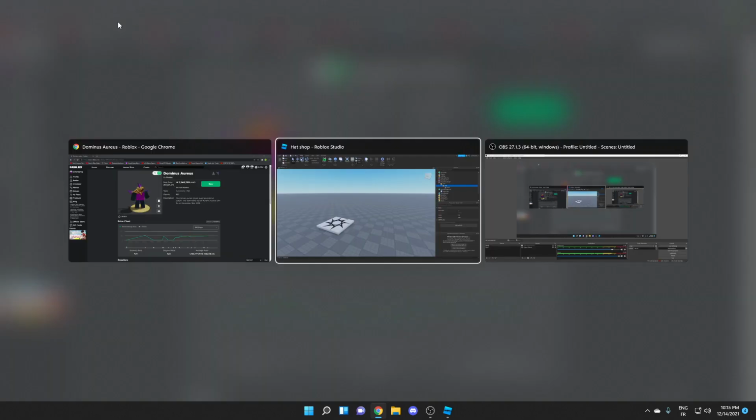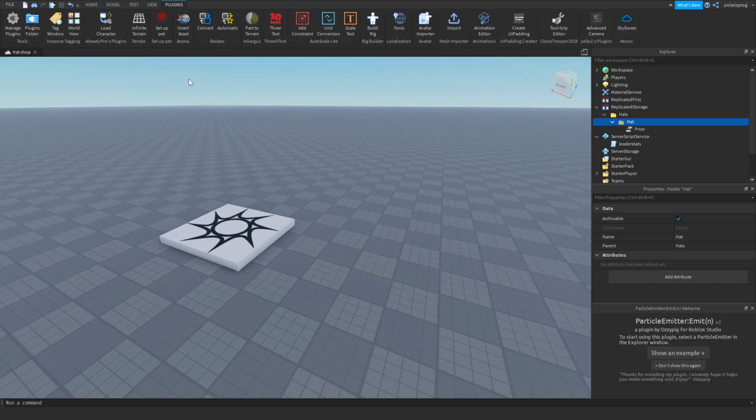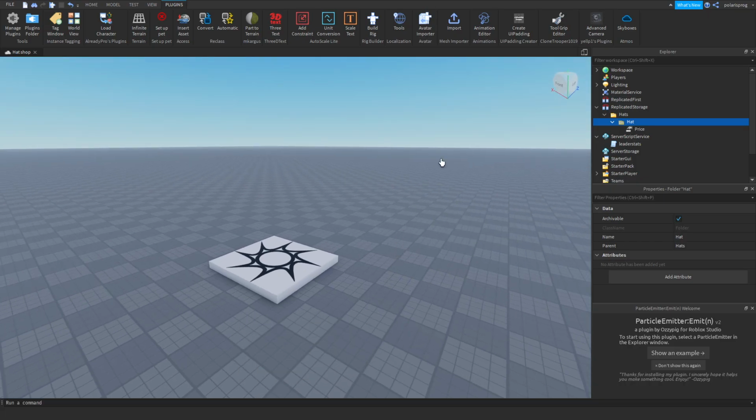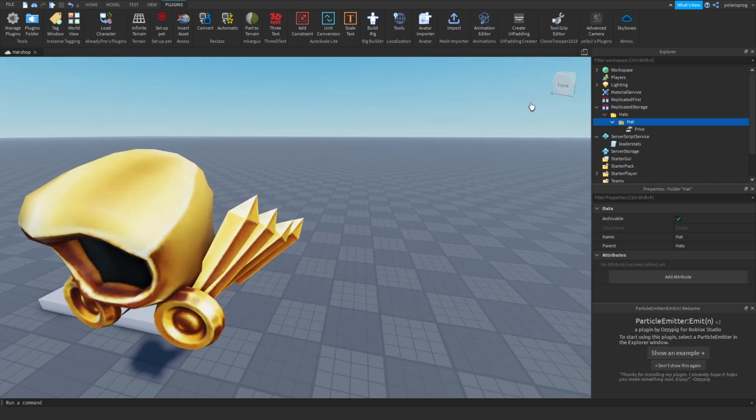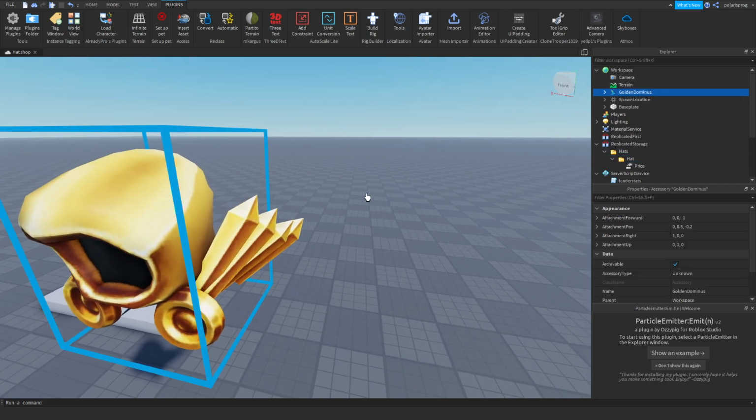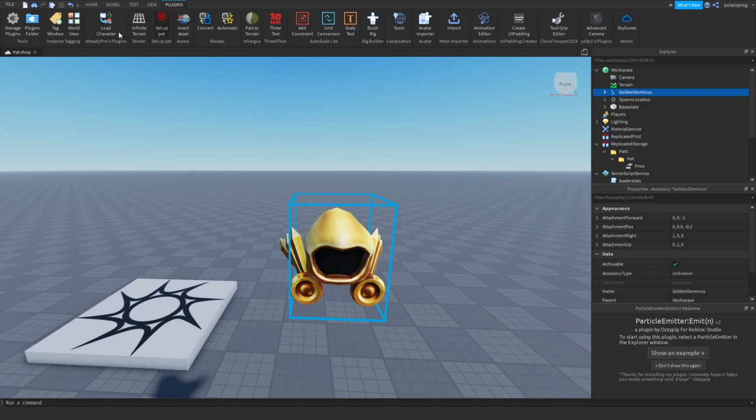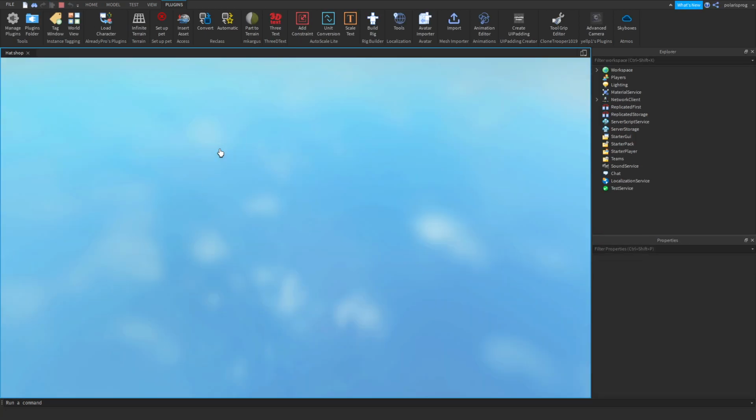Now you can go ahead and download a plugin called, I think it was called, Insert Asset. I'll leave the link to it in the description, and you can just paste in the ID that you just copied by pressing Ctrl+C and press confirm, and it will insert that exact same mesh into your workspace. Now if I go ahead and play the game right now